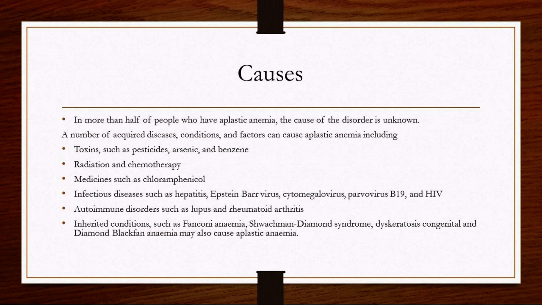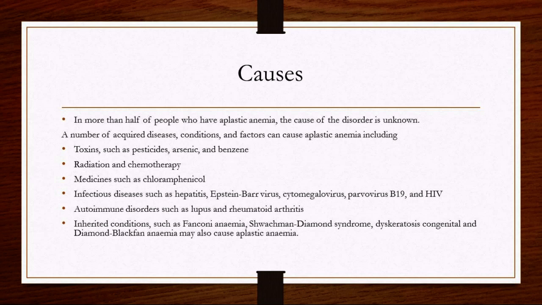Some of the causes: almost half the people, we don't know what causes it, but the other half, it could be from being exposed to toxins such as pesticides, arsenic, and benzene, which is why you really want to always get a family history and a social history on your patients. Make sure you know what they do for a living, what their hobbies are, because you can see how they could be exposed to some of these things. So pesticides, if maybe they're a gardener,